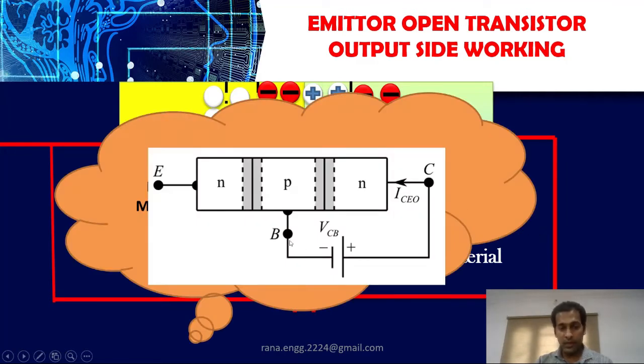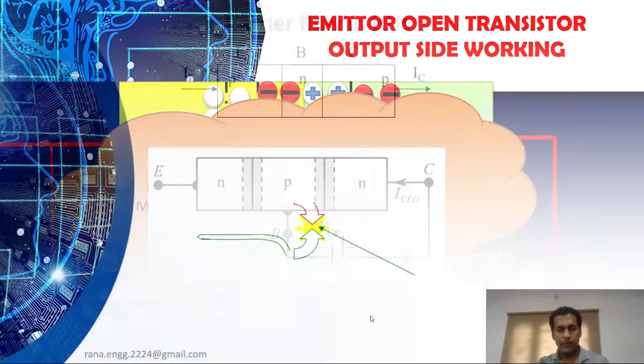So the first diagram which we have seen, where the emitter is open and there is a PN junction connected in reverse bias. N is connected to positive, P is connected to negative. And there will be ICEO, that is the leakage current, right? So this is what we are talking about, the leakage current. Normally we consider it at reverse bias condition in the output part when the emitter is open.